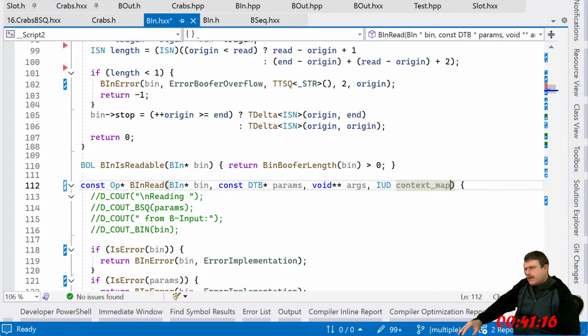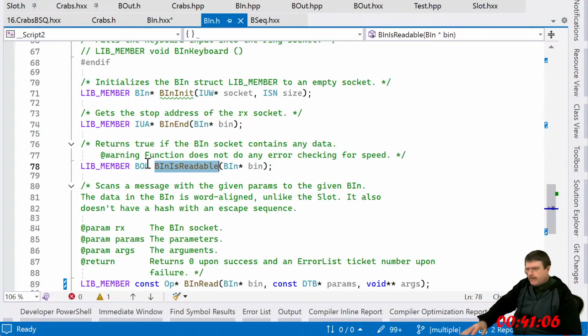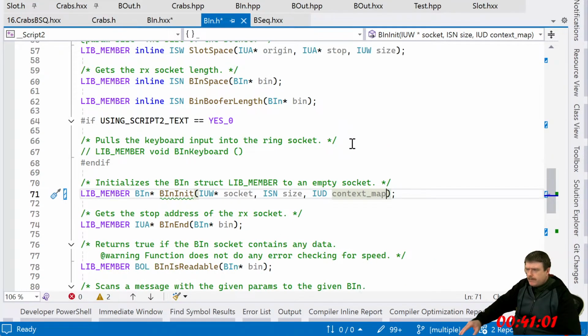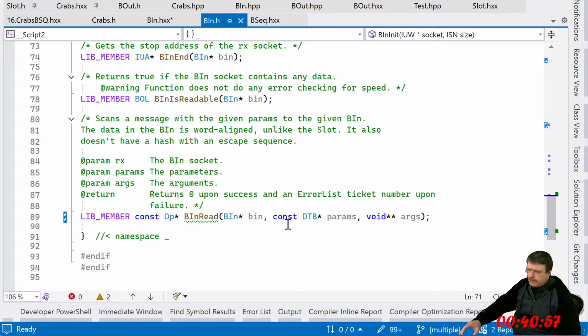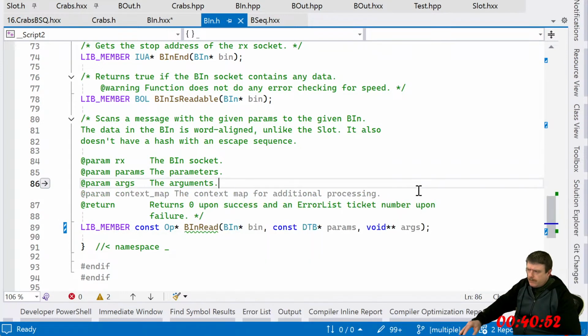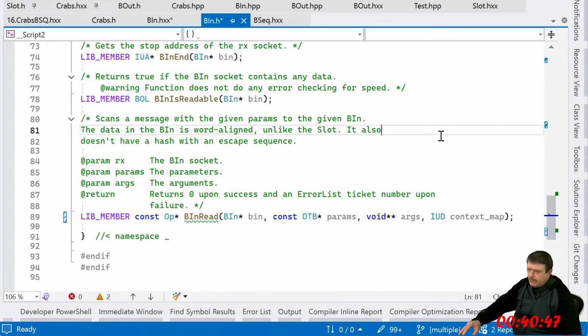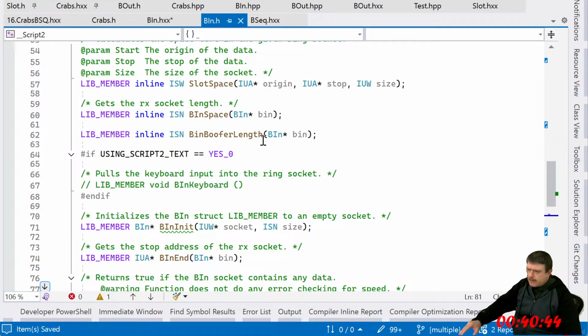Context map? I mean, it's not the worst. Oh, what? Read. It hurts my head just thinking about how complicated that is. What is up with this one?